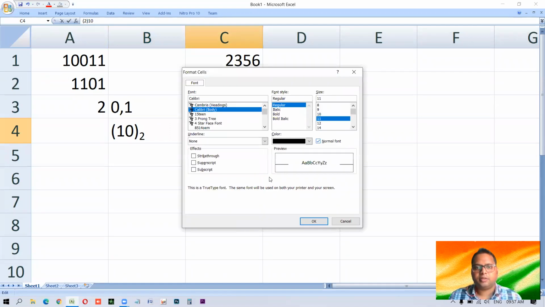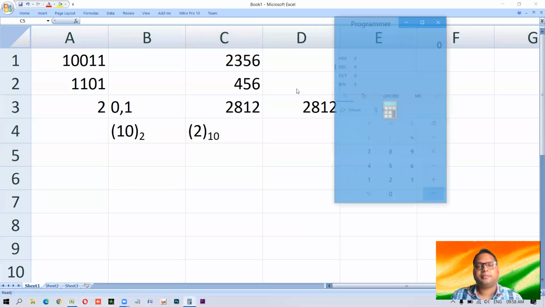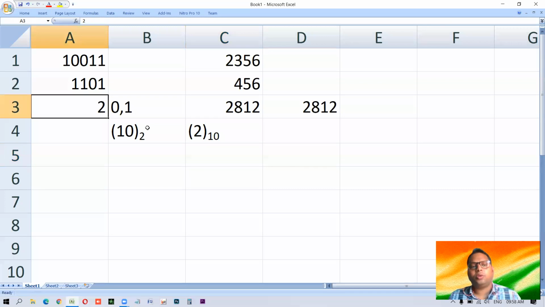This is the representation to clearly say that 10 is 2. Or if you want to verify it, we have the calculator. Switch to the programmer mode, write 2. Now see the binary. 10 is the binary. You can see 10. So verified. No need to worry much about this. So while doing the addition, 1 plus 1, we say 2, but we say it in binary language. 1 plus 1 makes 10. Why 10? Because 10 is 2. So we write the 0 of 10 and then carry forward 1 to the left side.